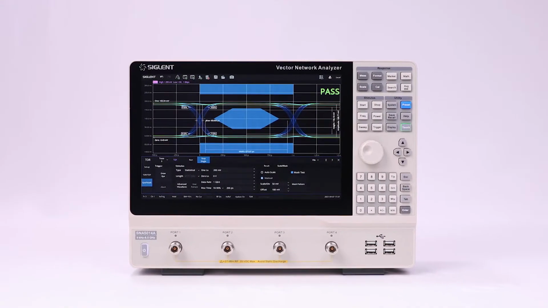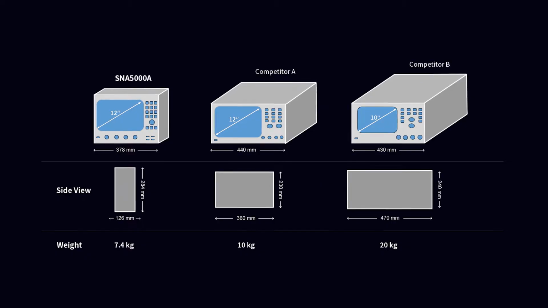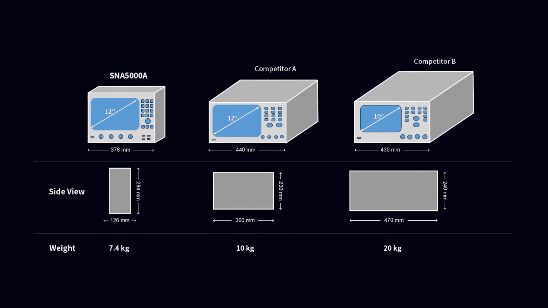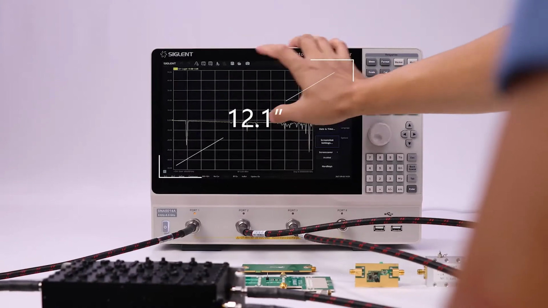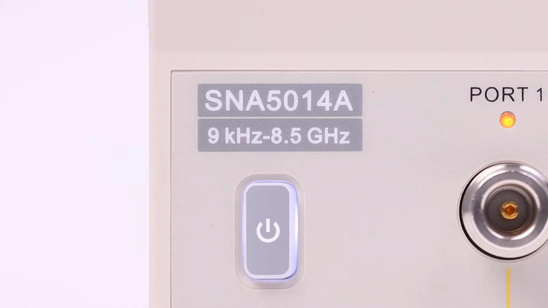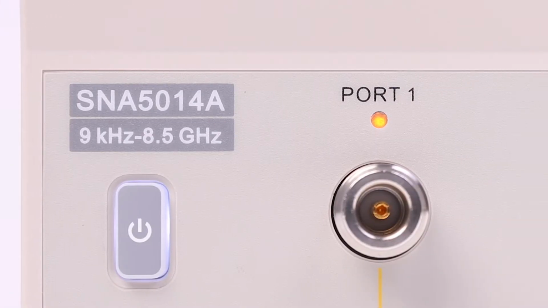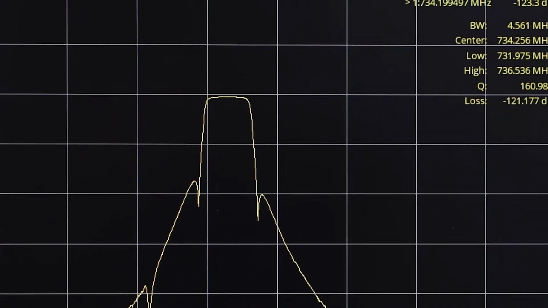Advance to the next level with the SIGLENT SNA5000A Vector Network Analyzer. It is smart on size and versatile on abilities. It's half the size of contemporary VNA designs, but has one of the largest touchscreens for ease of use. The SNA currently covers 9 kHz to 8.5 GHz, features a solid dynamic range of 125 dB, and comes in